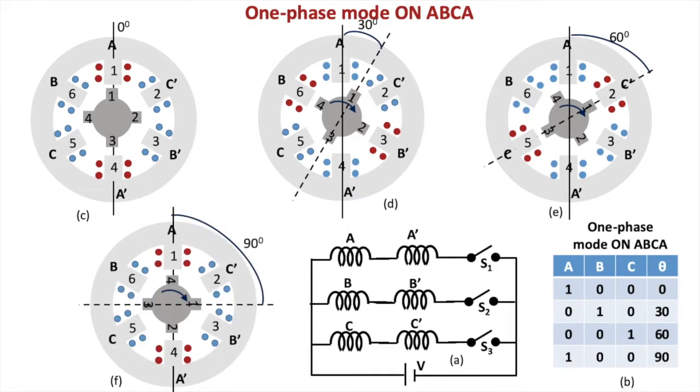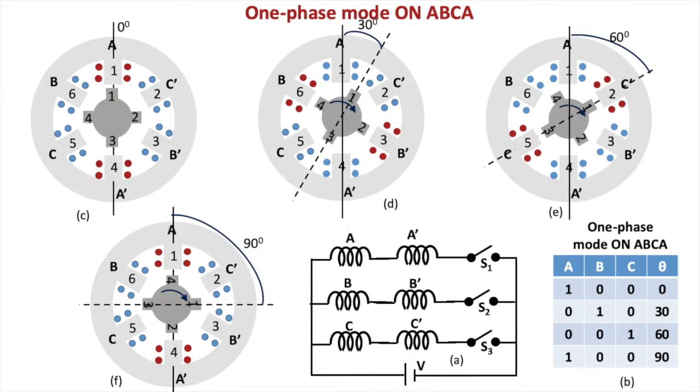Then again we energize A, and now the rotor pole which has the minimum reluctance will be the pole number 4. So with 90-degree rotation, you can see that first we had started with pole number 1, which was aligned with phase A. Then we have again phase A being excited, but now the pole number 4 is in alignment with the A axis. Therefore, you get a step rotation of the stepper motor while the phase is on in the sequence A, B, C, A.